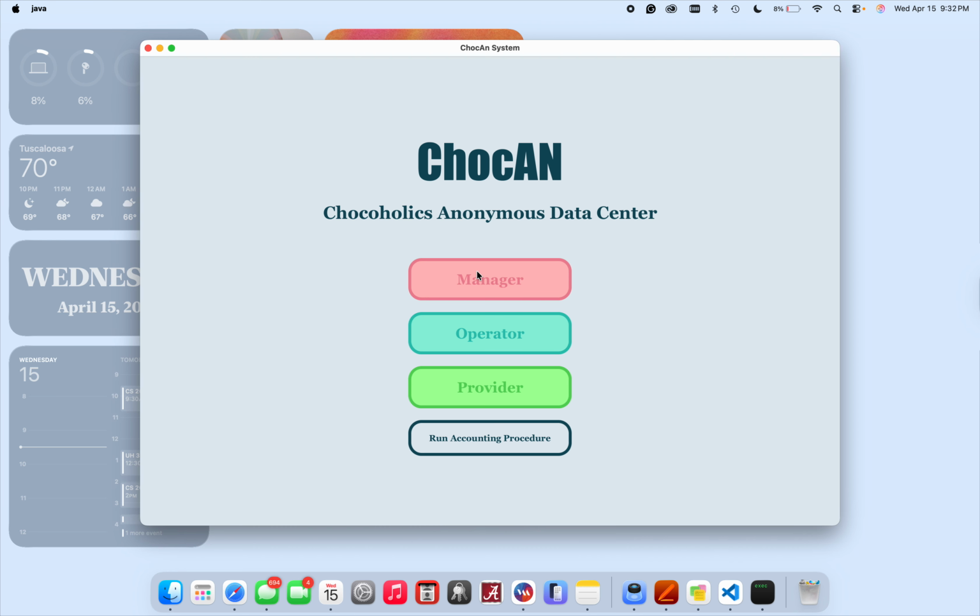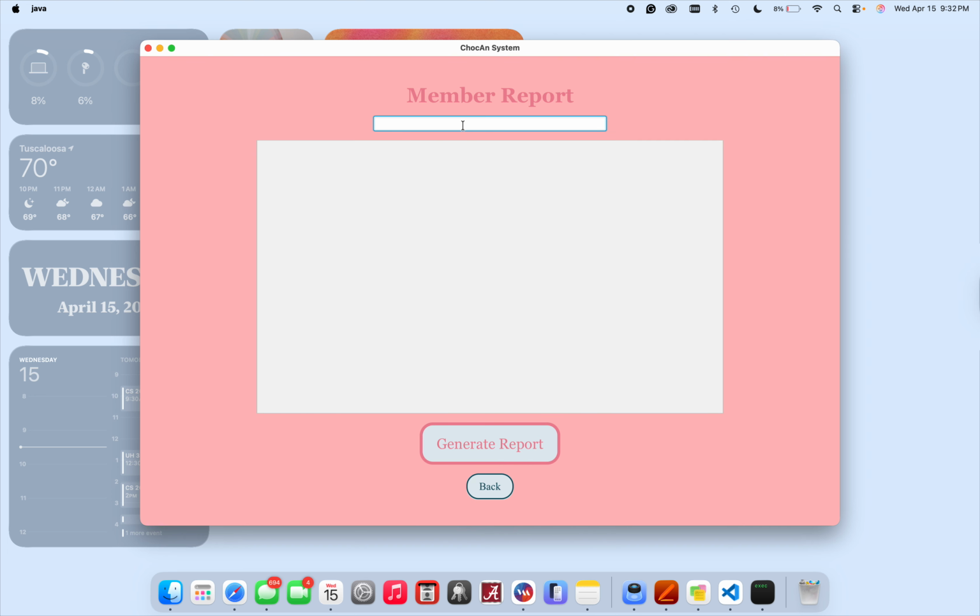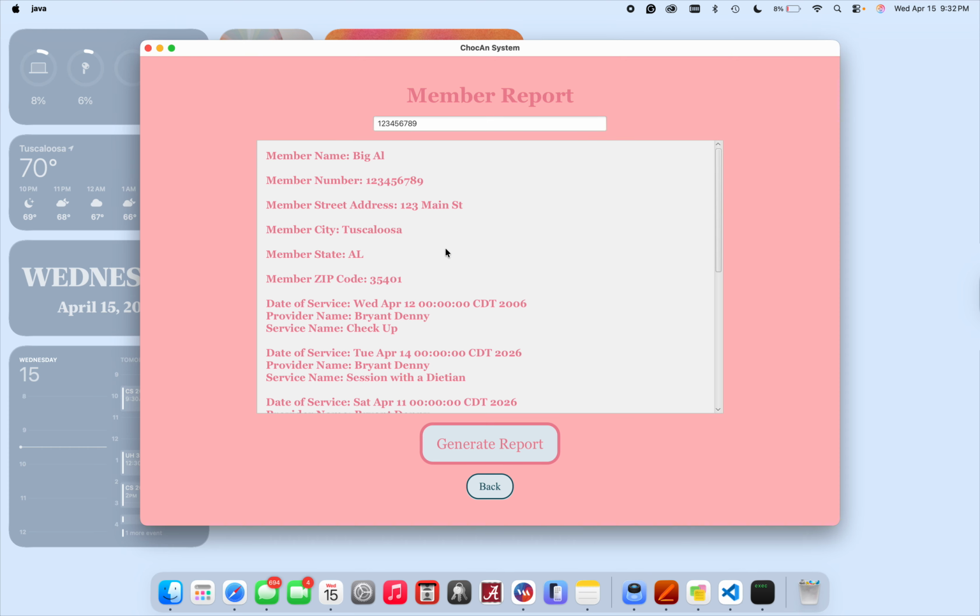We're going to move on to our manager page. Okay, this manager page is going to run the reports of members, the reports of providers, the manager report itself, and then the EFT report. Okay, so let's move on to member report. The member report, if you have that member ID number, what you'll do is you'll enter the member ID number, and once you enter the member ID number, it's literally going to give you a summary report of everything from